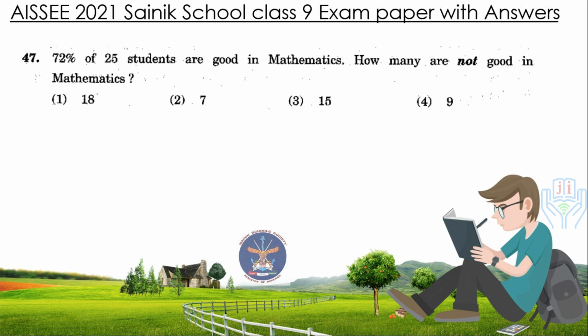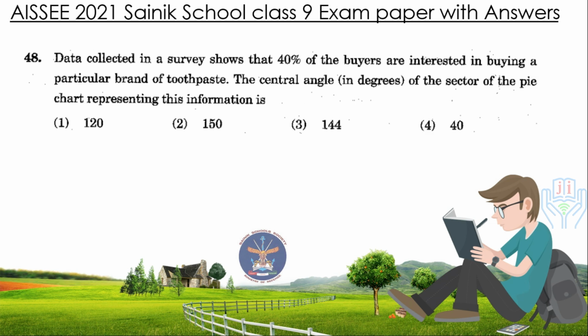72% of 25 students are good in mathematics. How many are not good in mathematics? Answer 7. Data collected in a survey shows that 40% of the buyers are interested in buying a particular brand of toothpaste. The central angle of the sector of the pie chart represents this information is